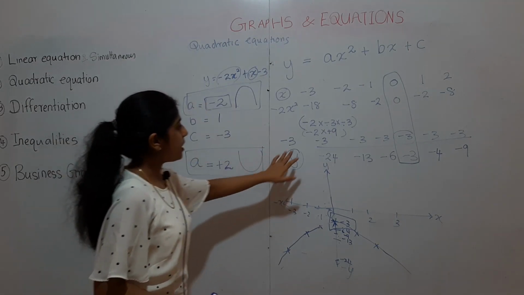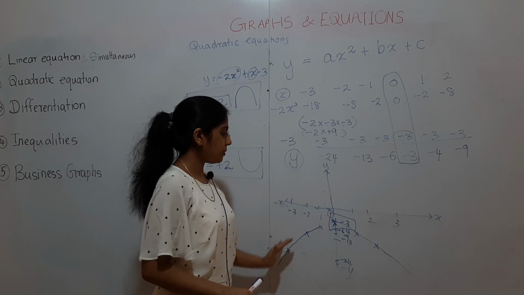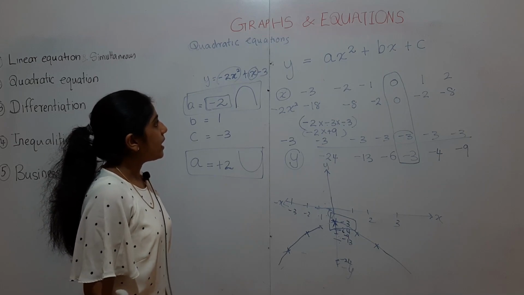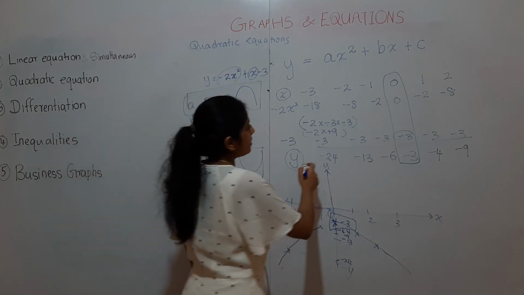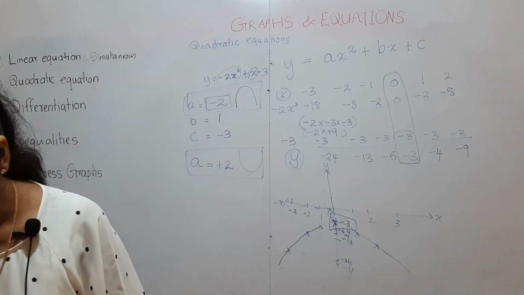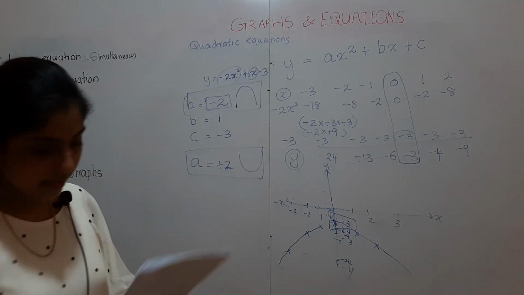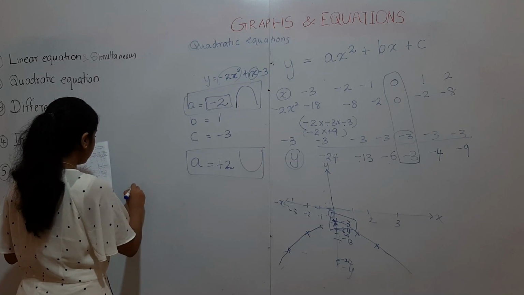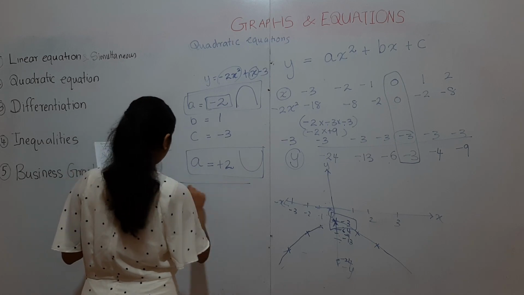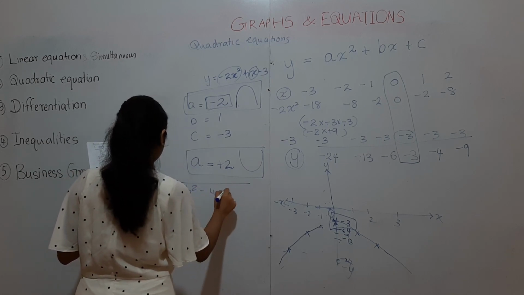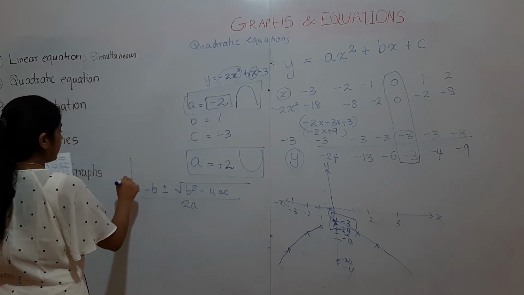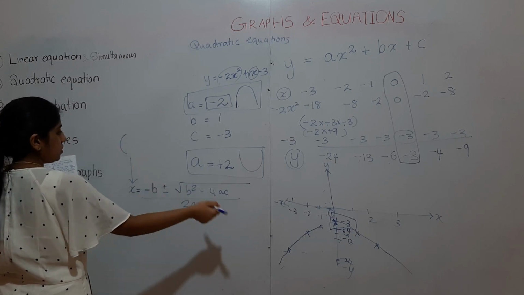This one is proved by what we did now. See, the shape of the curve came this side as a bell shape. And also, now this is by plotting these lines. Now you created this graph. You can do it via that equation I told as well. That is x equals minus b plus or minus the square root of b squared minus 4ac, divided by 2a. You can apply this equation when you want to draw this graph.